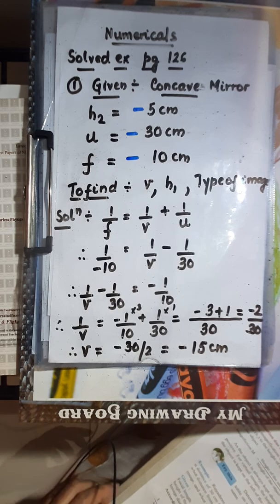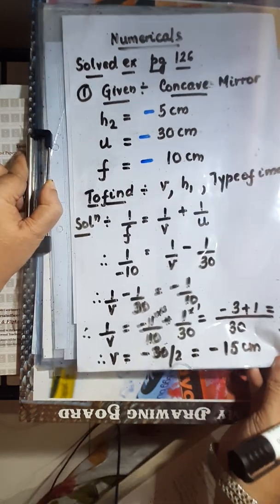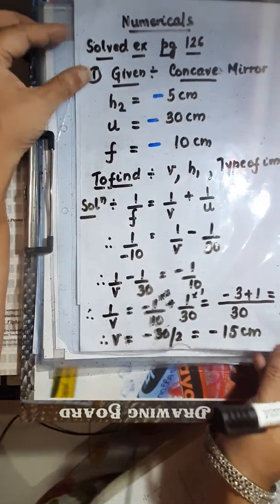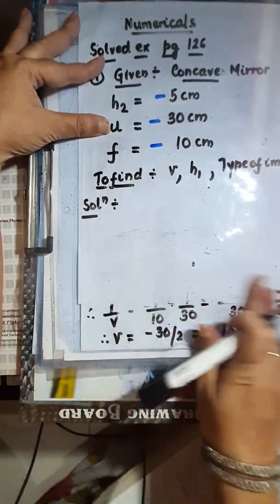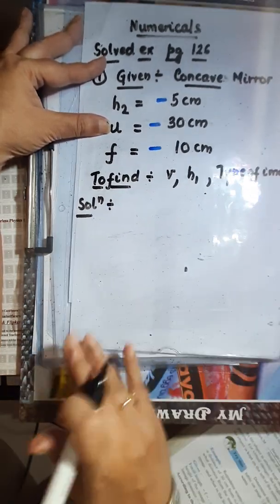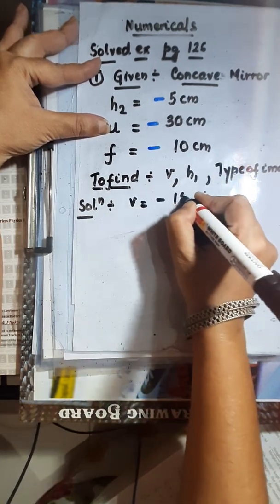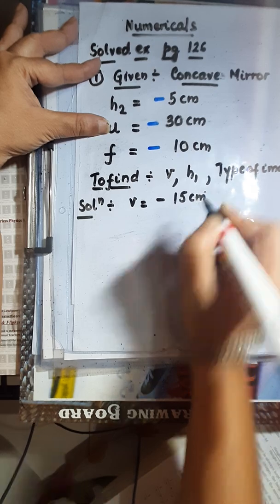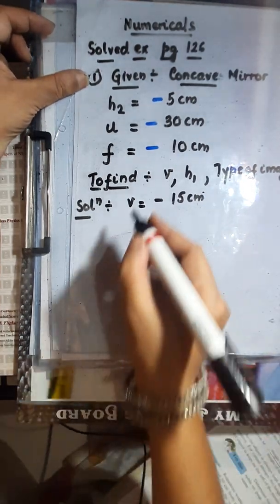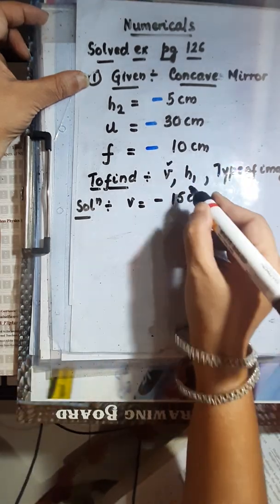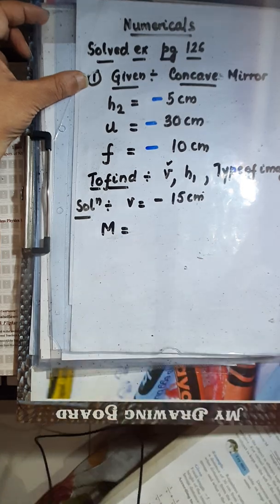Okay. Now what happens after this? Here I got my V as minus 15 centimeter. We have to write our final answer. We have to do a lot more, correct? Now after this I have to find out H1. So magnification is equal to